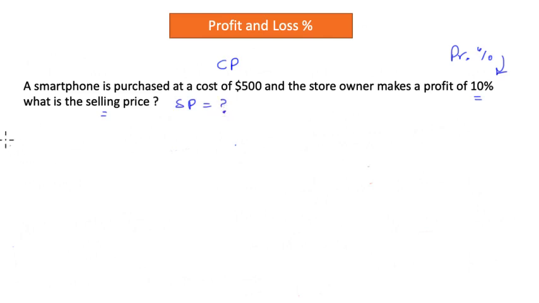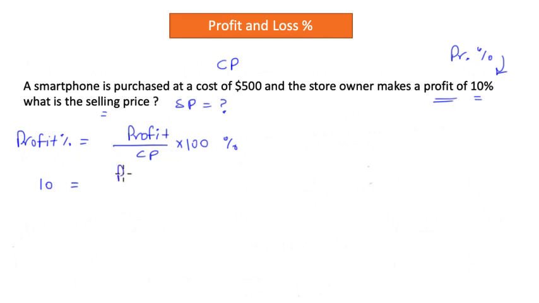So first, let us write down our model equation in which we are saying that the profit in percentage is equal to profit in dollars divided by the cost price times 100, and that is my percentage value, right? So let us input everything that we know in this equation. 10 is equal to, 10 is coming right from here, the profit in dollars divided by the cost price. The cost price is 500, correct? Times 100. We have everything, we have one unknown, all else is numbers. So let us solve it.